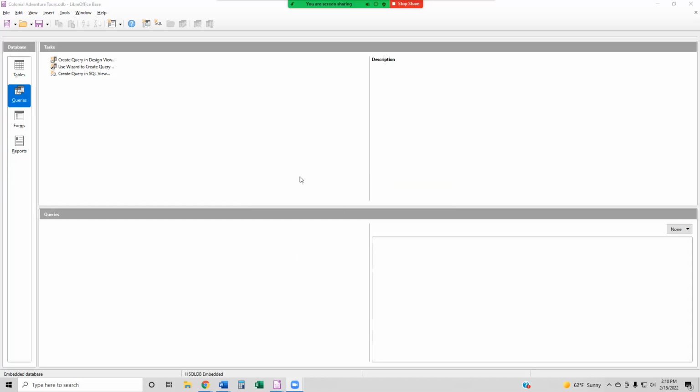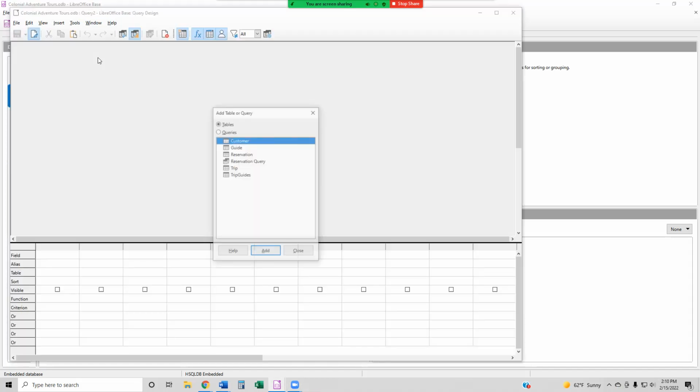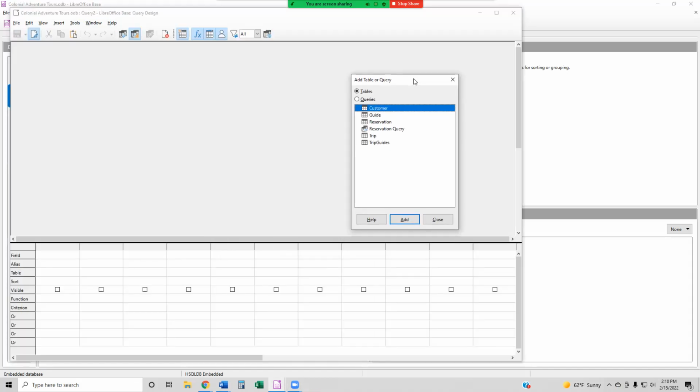Today I'm going to create a query using multiple operators in an expression for a calculated field. I'm going to try to find out the total cost of a trip using both addition and multiplication, where we want to make sure that the addition is actually done first, which is in opposition to the normal operator precedence that is